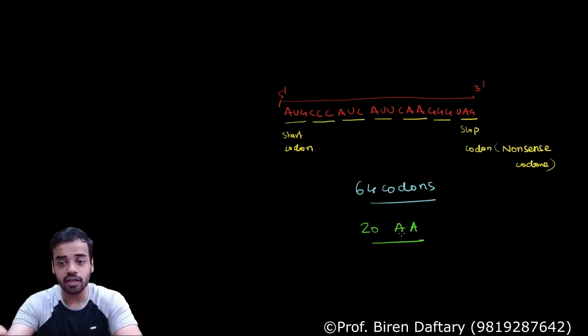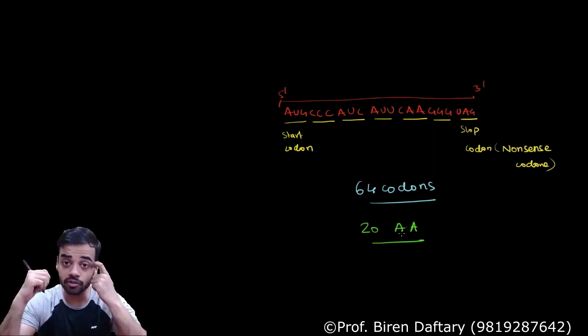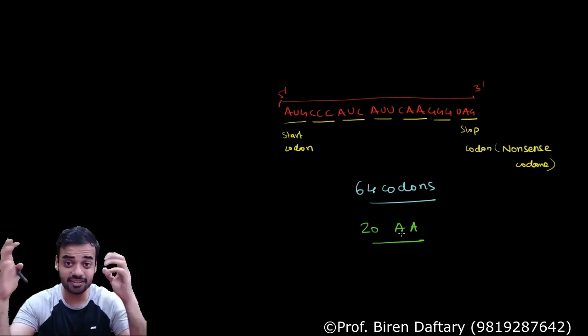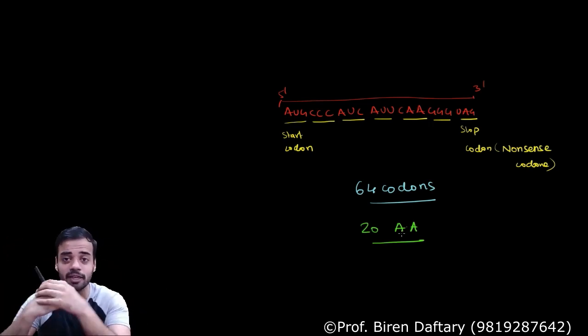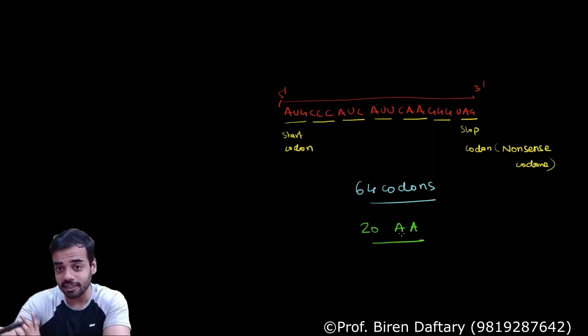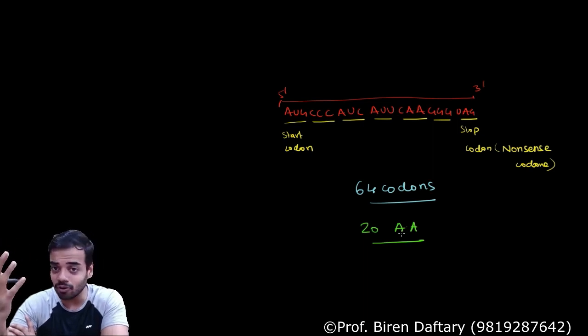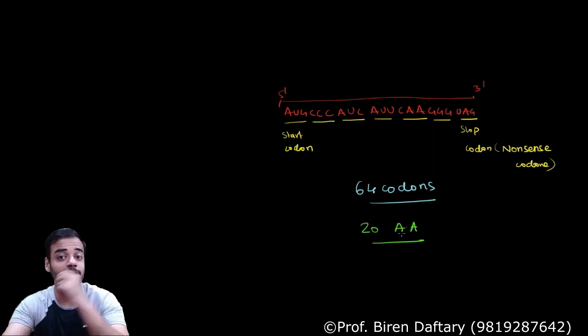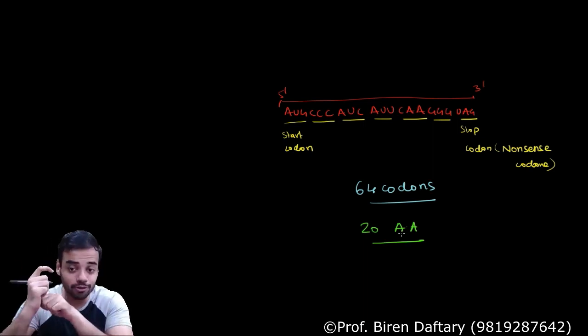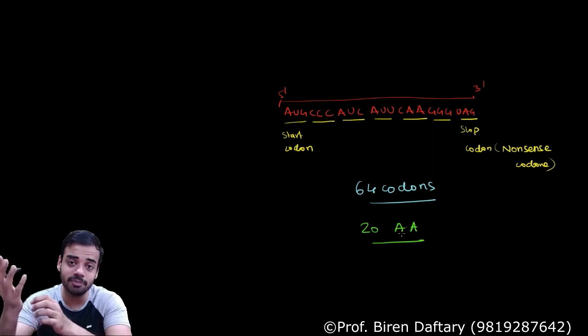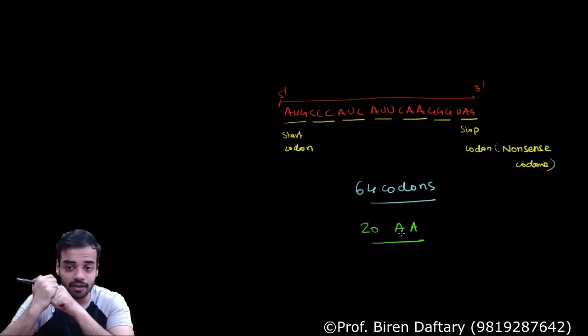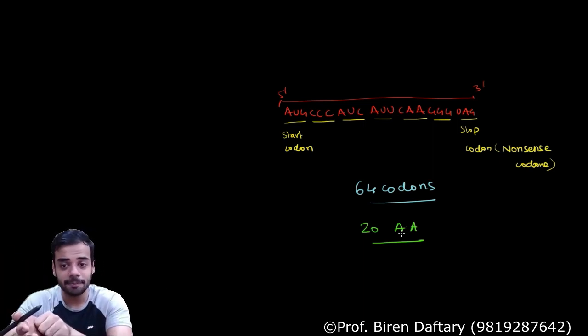Is this clear? Okay, so this genetic code was basically, this part was first put forward by Crick. Then Gamow was the first to suggest that it might be triplet. Some people said that it can be a singlet. If it is singlet, then there will be only 4 codons. If it is a doublet, then there will be how many codons? There will be 16 codons. And if it is a triplet, there will be 64 codons. Correct? It is actually a triplet.